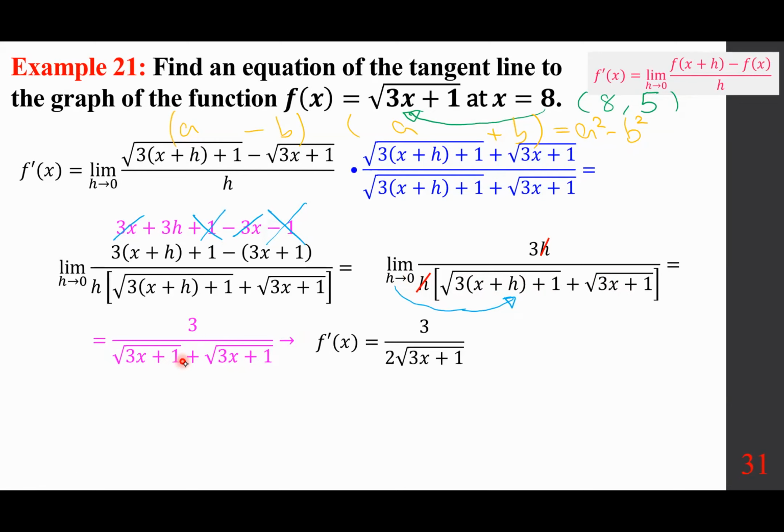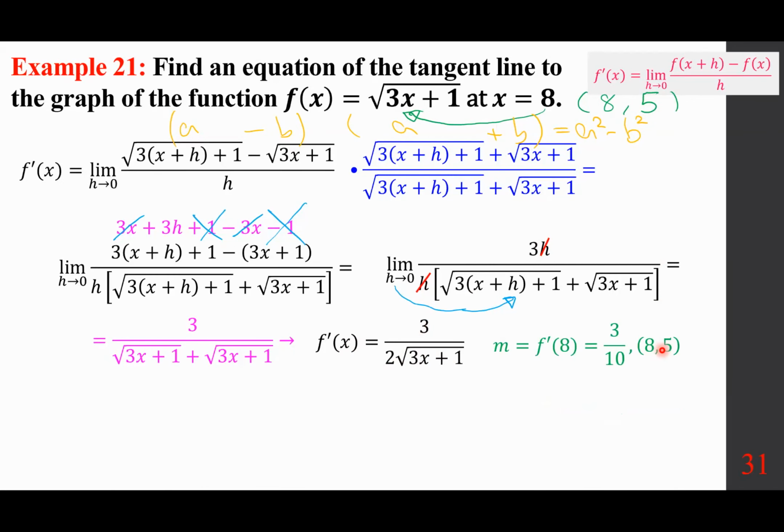Is this the slope? Absolutely not. This is f prime of x. So what is the slope? When you fix the x value at whatever point is given, in this case 8, then it becomes the slope. Clearly, when you put 8, you get 5 here. Remember that? 5, right? 2 times 5 is 10, so 3 over 10 is the slope, and the pair,